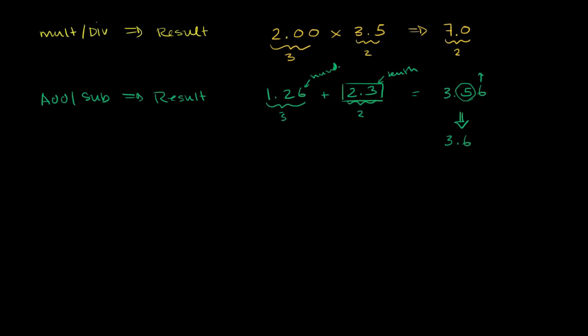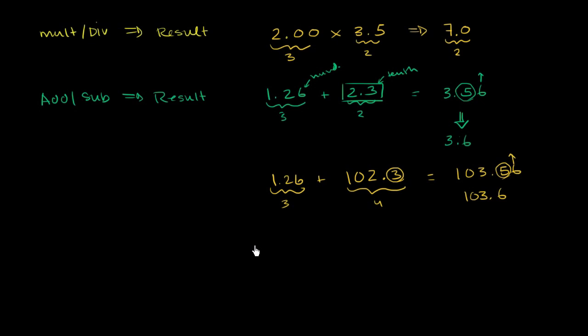But let me do another situation. You could have 1.26 plus 102.3. And then you would obviously get 103.56. In this situation, this has three significant figures and this has four. But in our answer, we don't want to have five significant figures. We want to be only as precise as the least precise thing that we added up. The least precise thing only goes one digit behind the decimal. So we can only go to the tenths. So once again, we round up to